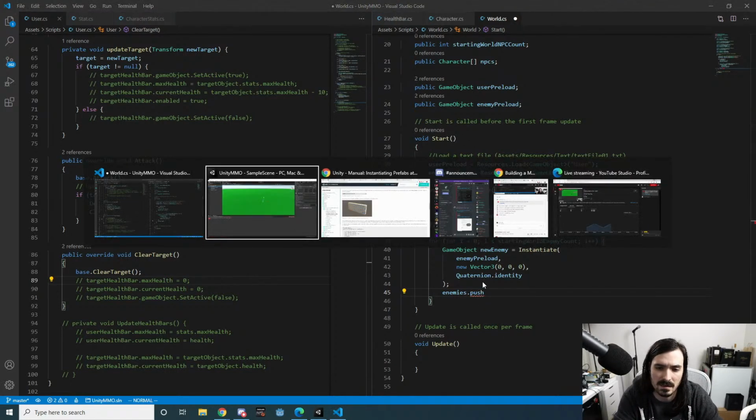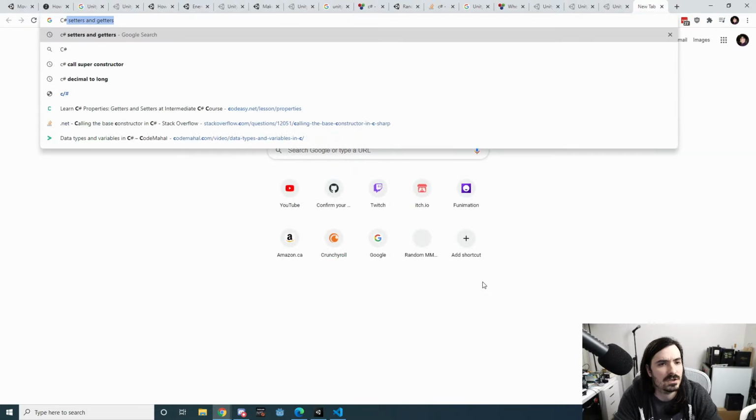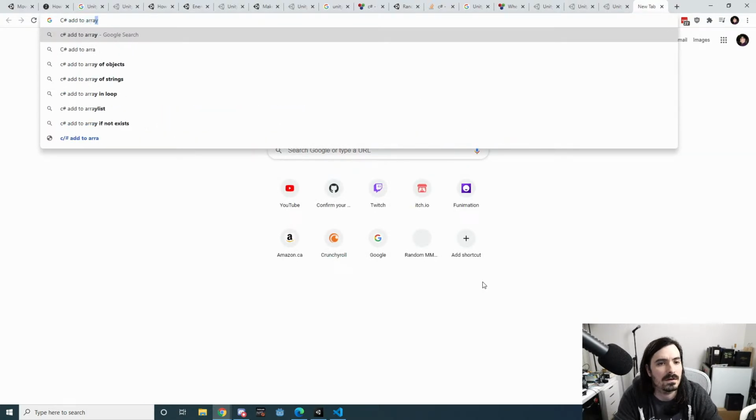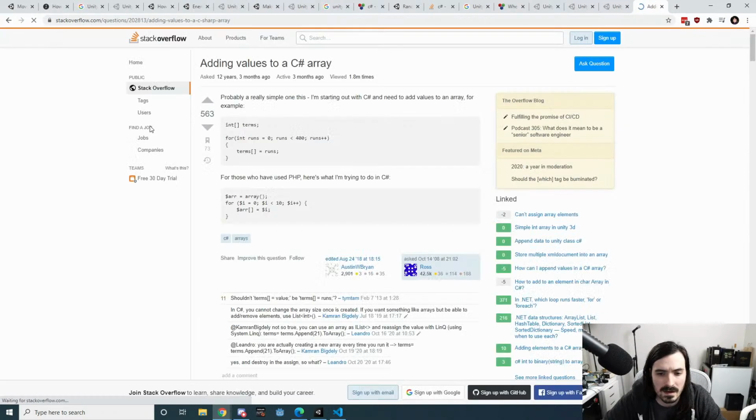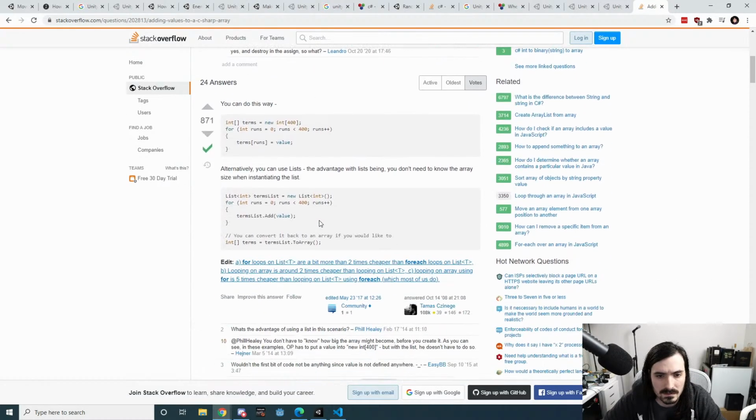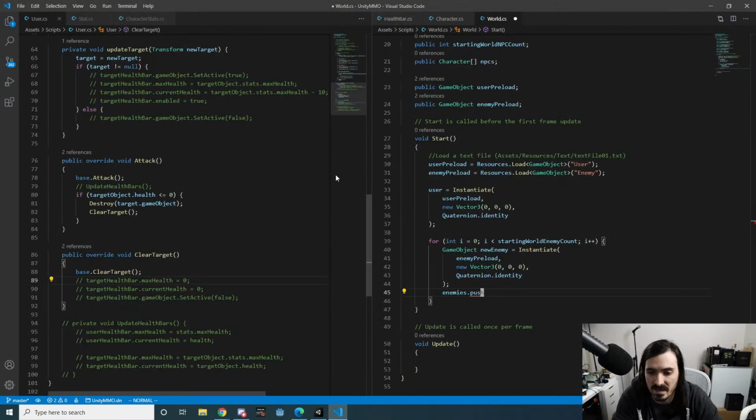One sec. Just to do C# add to array. Adding values to an array. You can do it this way. Alternatively, you can use lists. Oh, okay. So this would just be